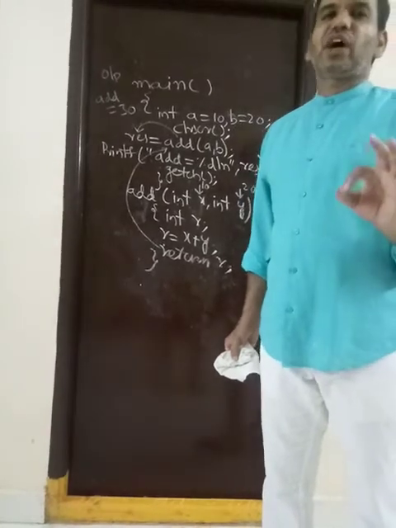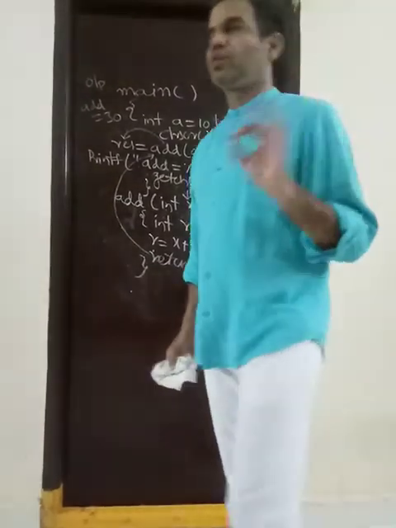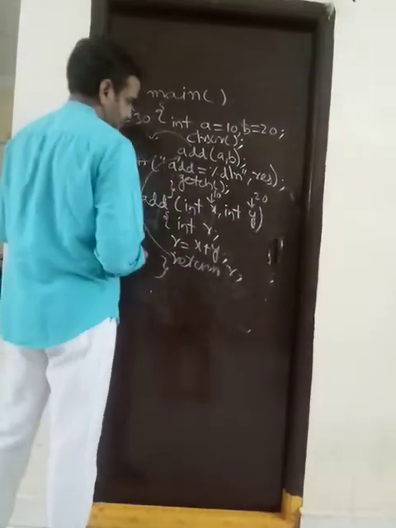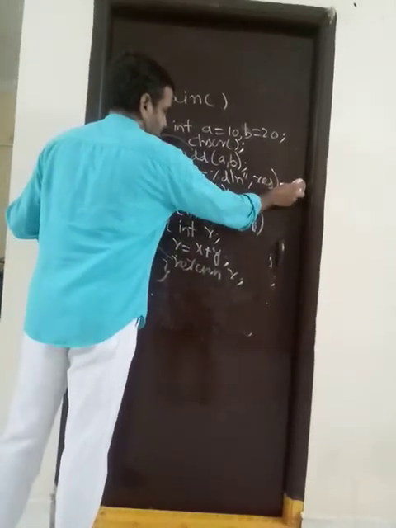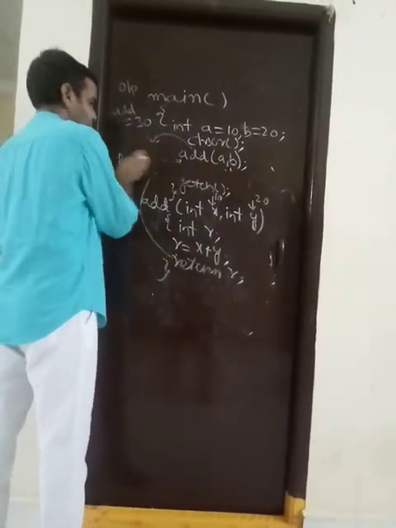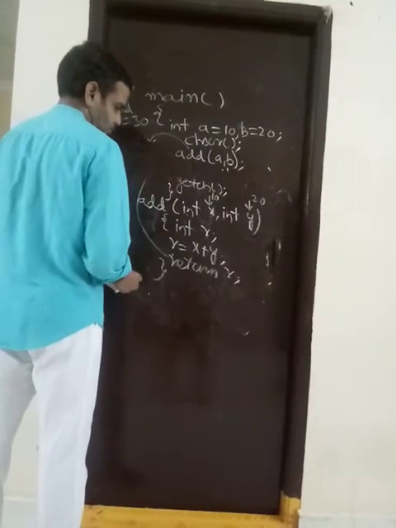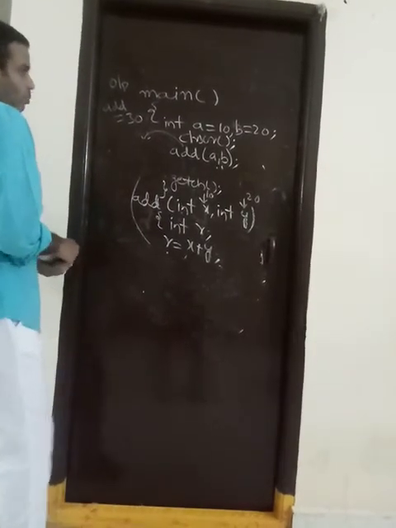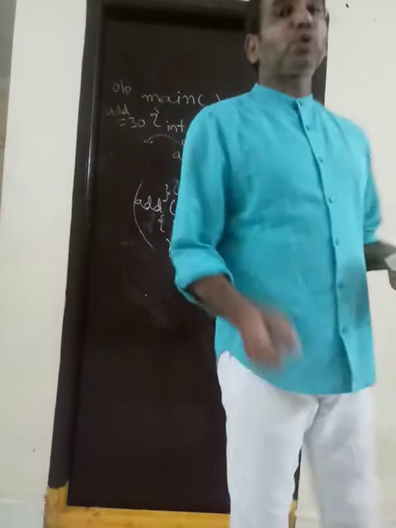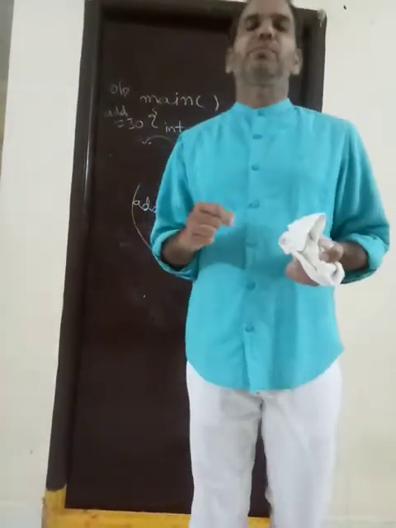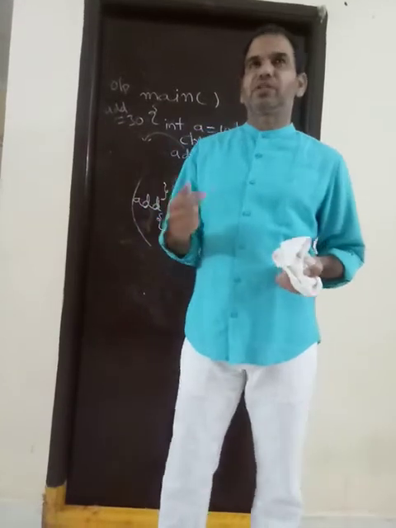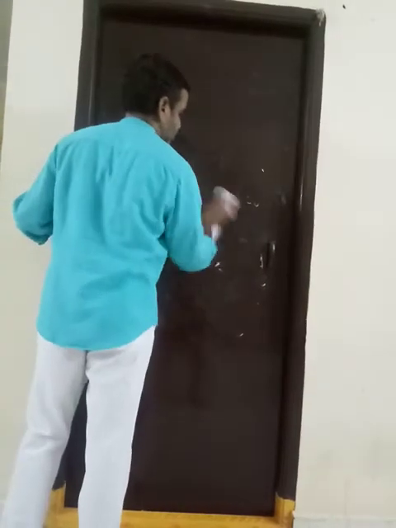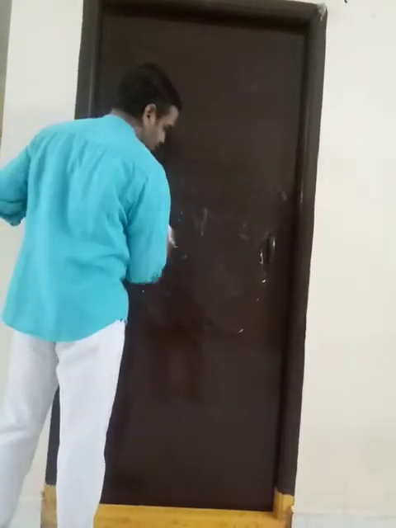Next we will see function with argument without return. Without return is called a void function. So why we are using void function, now we will see. Next topic, function with argument without return. Before that we will see function prototype. Why are we using function prototype? Because in void function also we will see the prototype. In CPP also we are using function prototype.